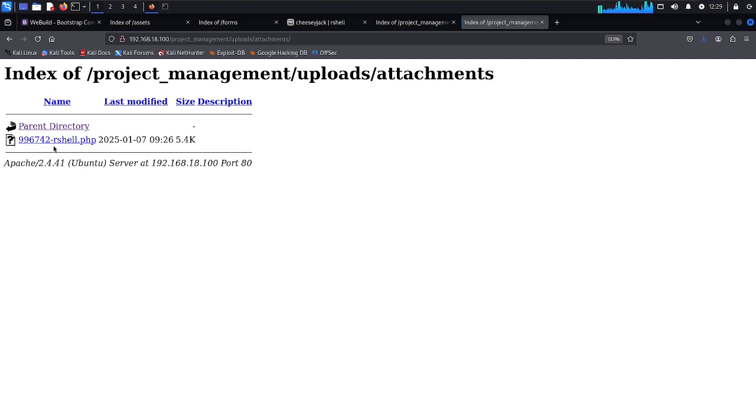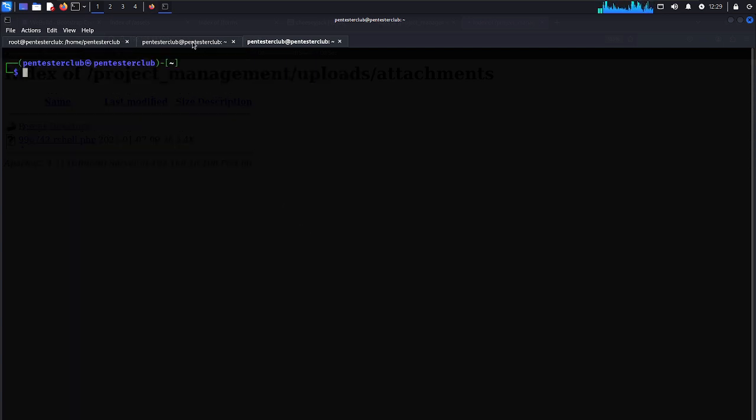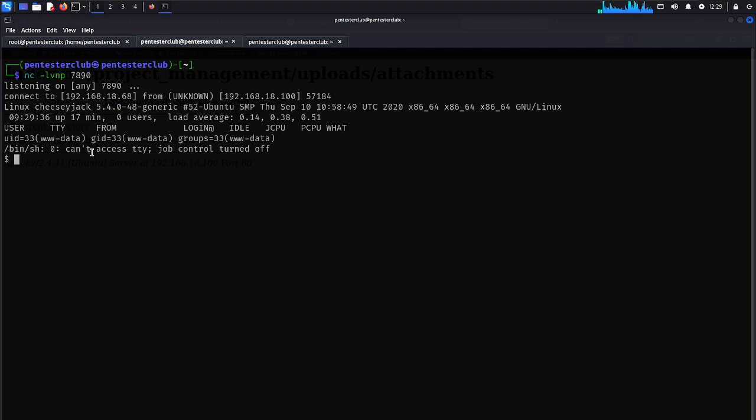Here I have seen rshell.php. Then if you click on this, now let's come back here. We just type clear. Now we would like to look at this. So I have got connected to my reverse shell. Now you just type here